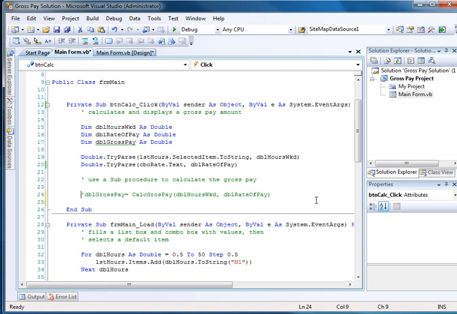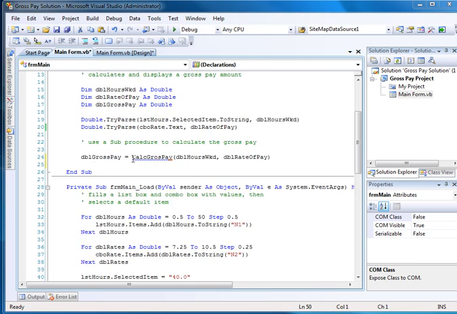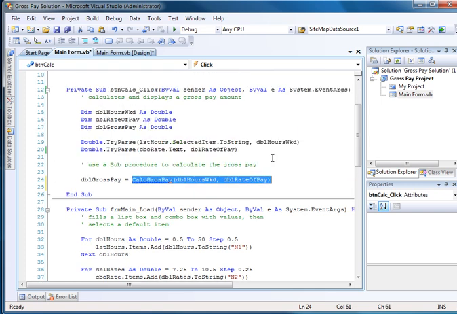Now, when I take this out of the comment, it's going to complain, I think. Do I have that already? No, I don't have that already. Good. And what's the error? It says calc gross pay is not declared. So let's create a function, which is a separate piece